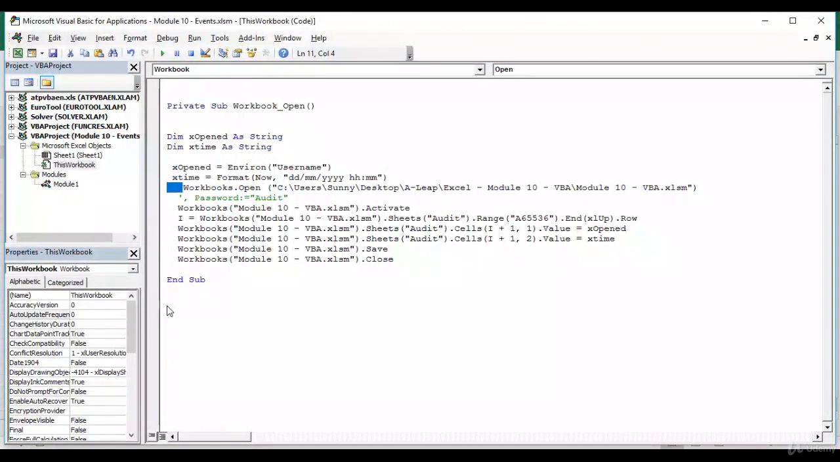It will open another workbook which is kept at a particular path, and this workbook is module10 vba.xlsm. For adding more complexity, if this workbook is password protected, I can also pass the password through this particular statement. Then in this particular workbook itself, which Excel opens, VBA will activate this